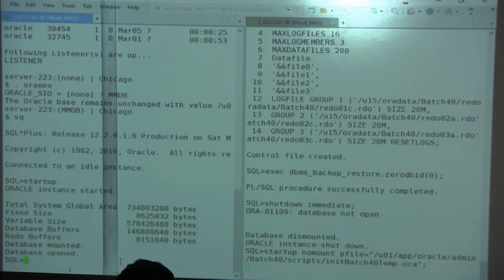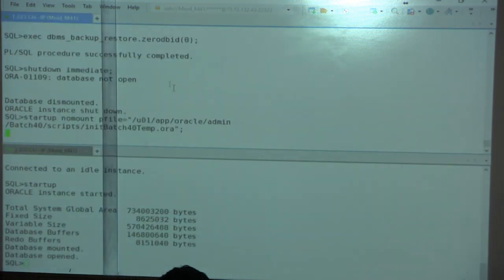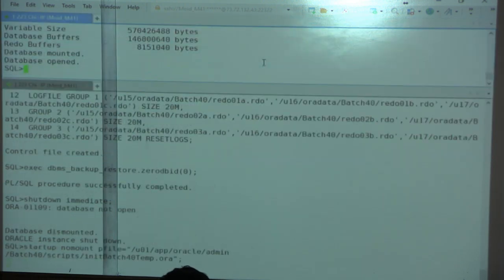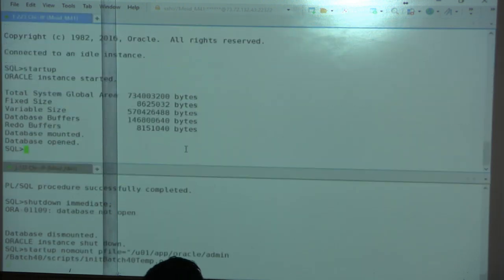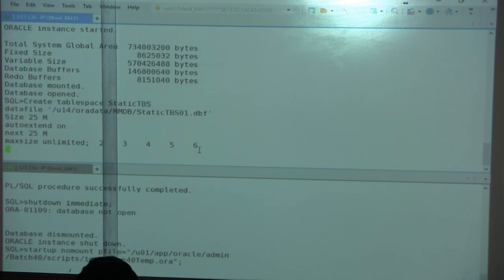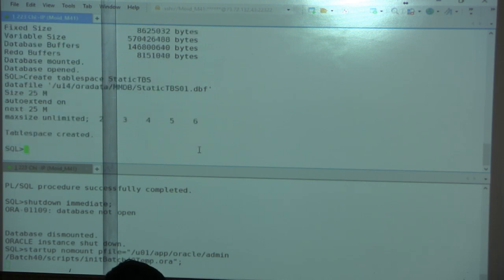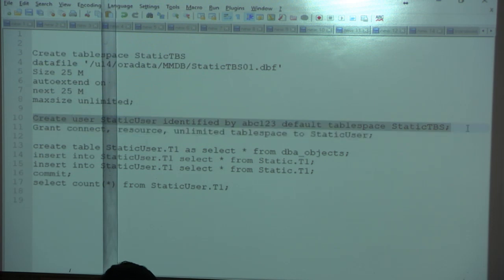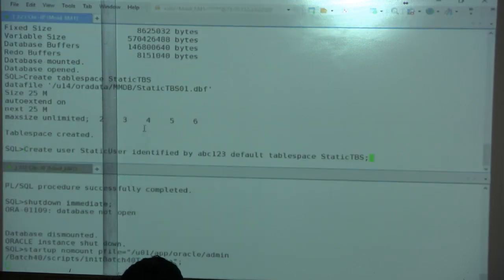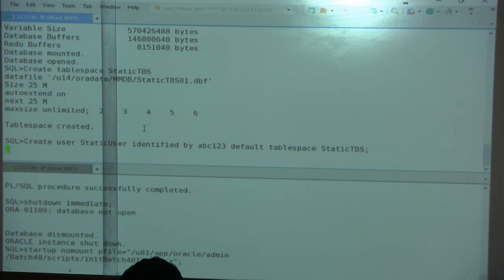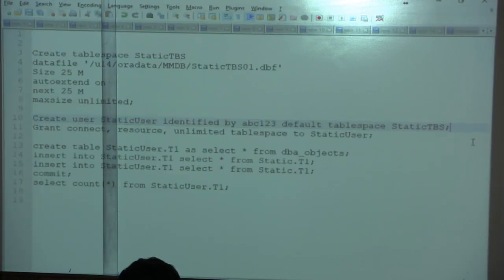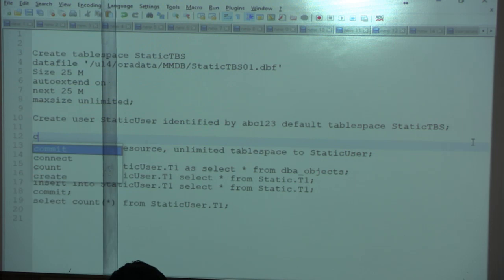So my table spaces are, so I'm going to create my table space. All right, so I'm going to create my user now. And we will find out which user, so column